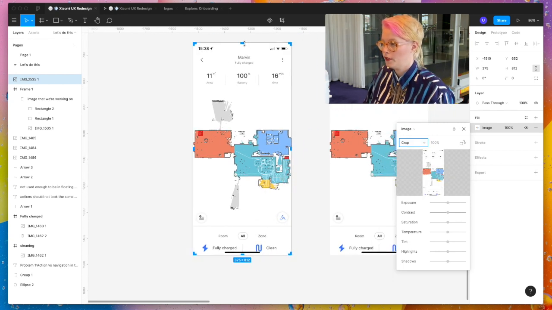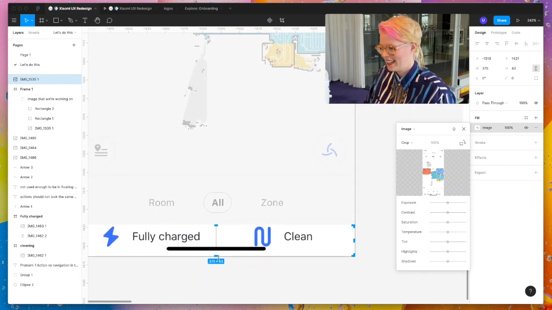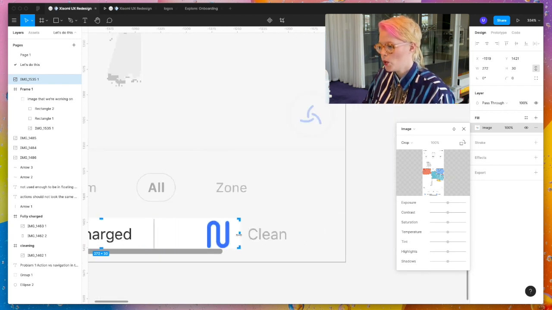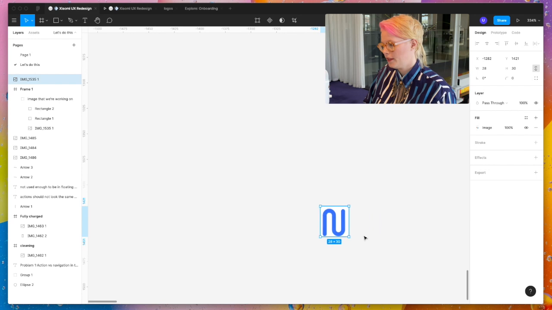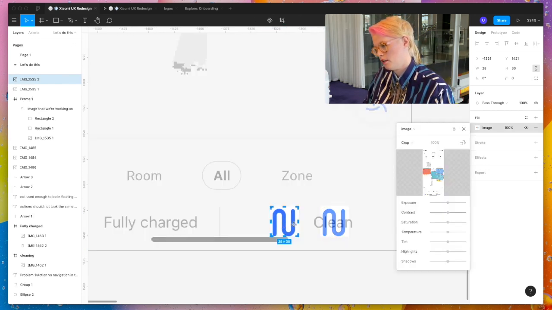So therefore, I'm just going to have to get the icons the quick and dirty way. So I'm just cropping this image so that I only have the icons. Okay, there is one icon, two icon,